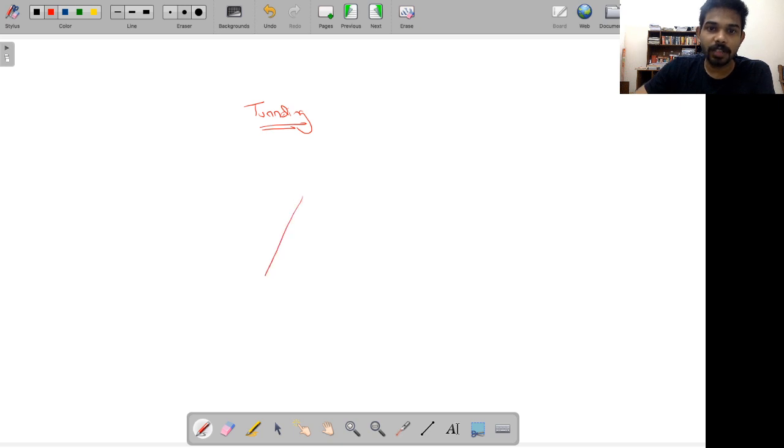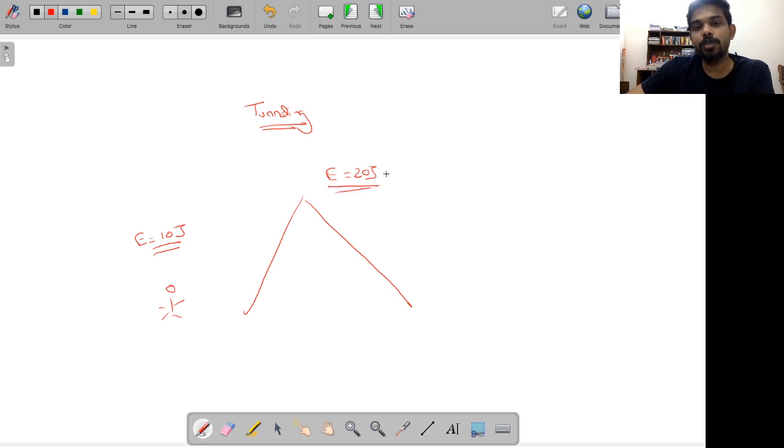Let's assume there is this mountain, and let's say this is you. You have an energy of, let's say, 10 joules. But for climbing this mountain, it will consume 20 joules. That means you should have 20 joules to be able to cross the mountain, but you only have 10 joules. So if I ask you, what is the probability that I will find you on this side of the mountain, you will tell me that the probability is zero. Why? Because you simply do not have the energy to cross this energy barrier.